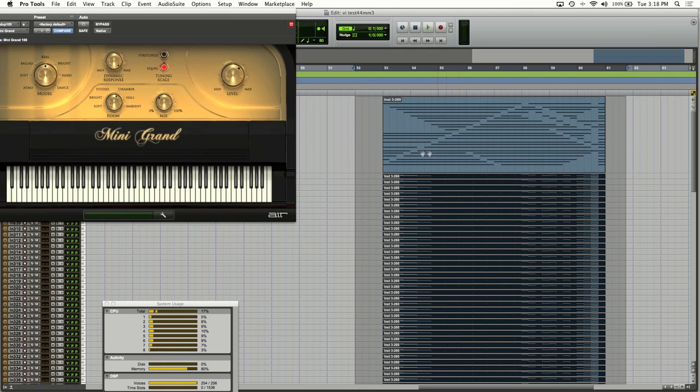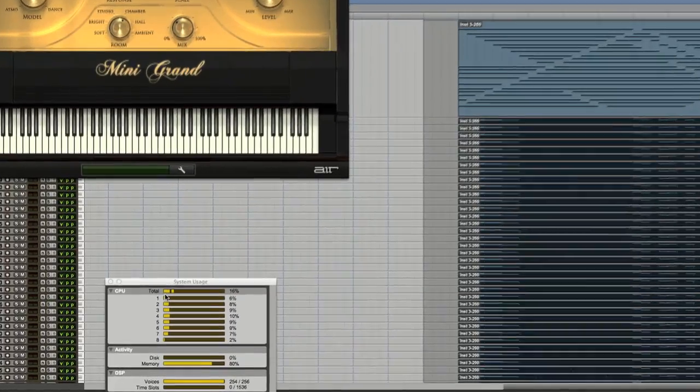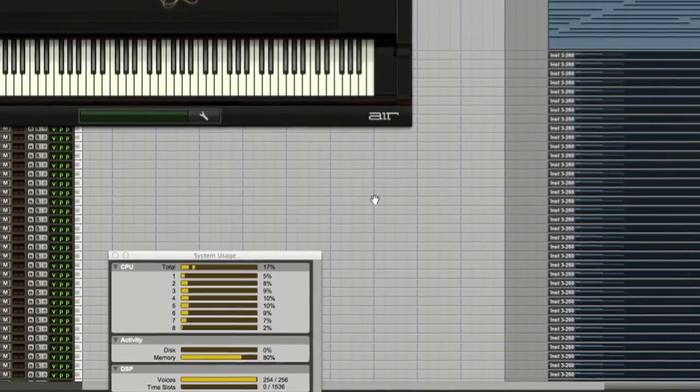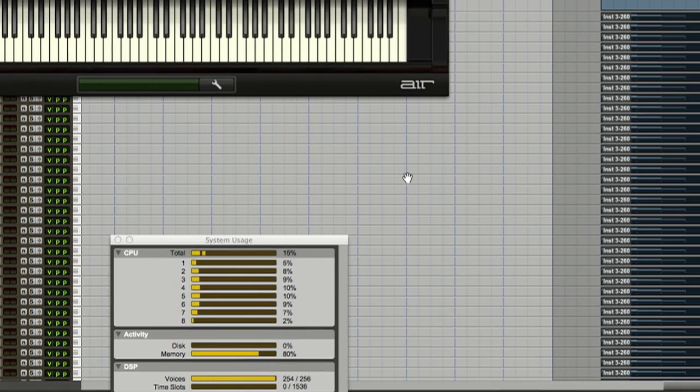And I've got, you see the MIDI data here, and I've just basically built up an arpeggio around a C chord to add notes of polyphony as we play through this file. So when I start at the beginning, you'll see the CPU meter low. But then once it starts to play notes of polyphony, you'll see the CPU meter go up